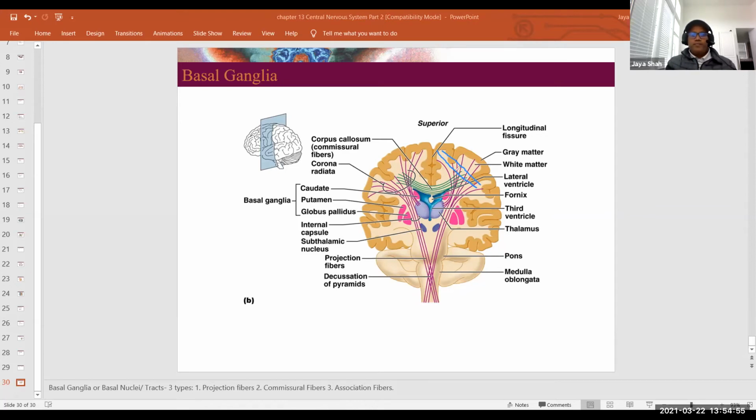Deep within the white matter, we have other gray matter. You see, this area is called the diencephalon. The diencephalon has thalamus, hypothalamus, and epithalamus. And then we have basal nuclei or basal ganglia. Basal ganglia has three parts: caudate nucleus, putamen, and globus pallidus. These basal ganglia are the nuclei which